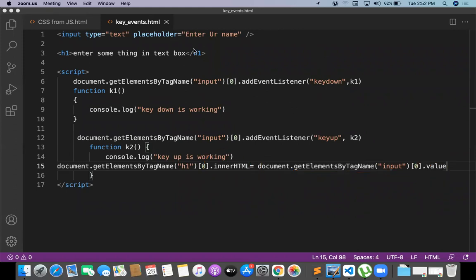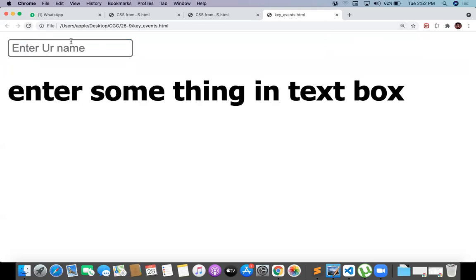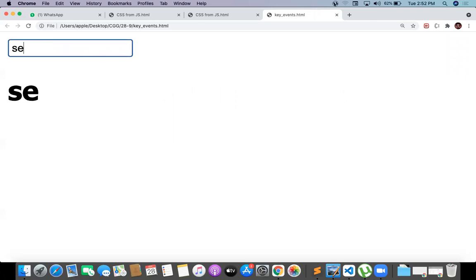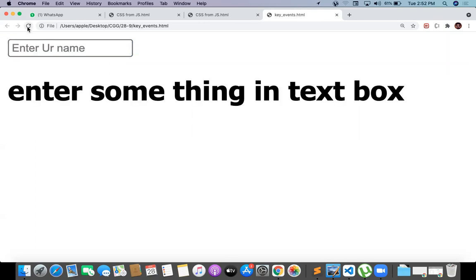Okay, so how is it going to be working? Let me refresh it and enter something in the text box. So the data is going to be dynamically changing when I try to enter something over there. Can you please observe this?